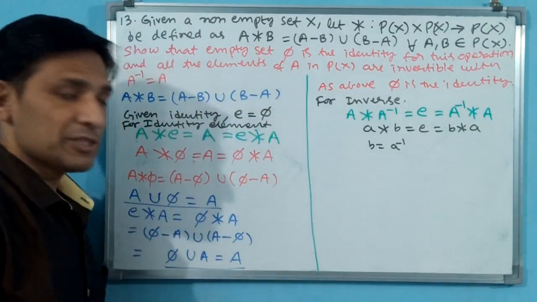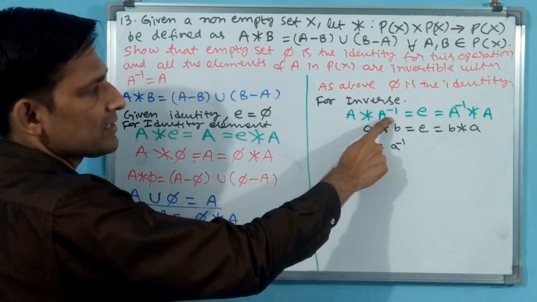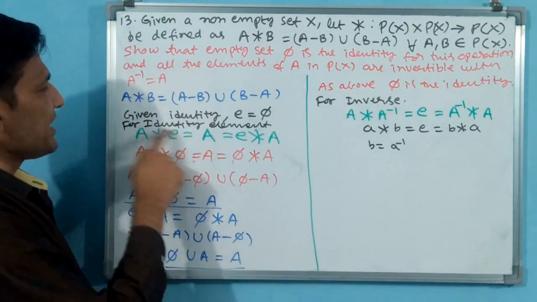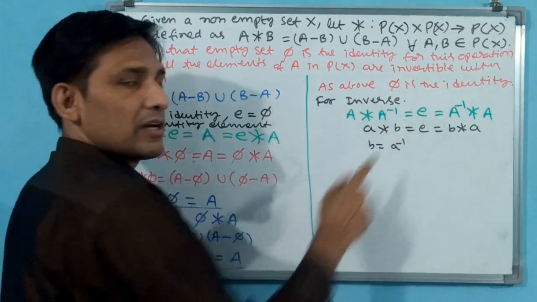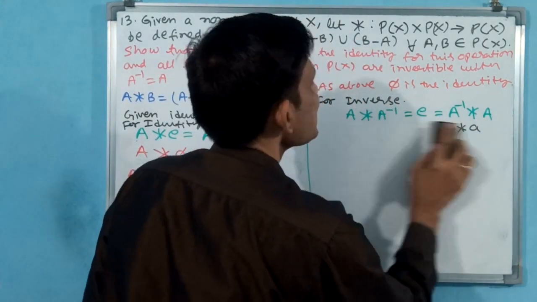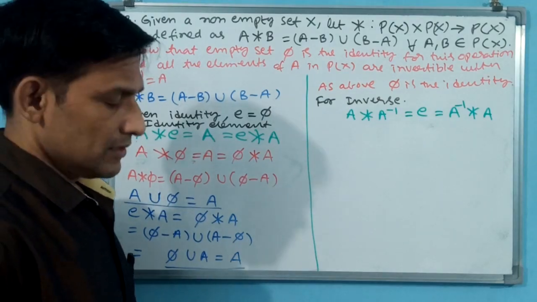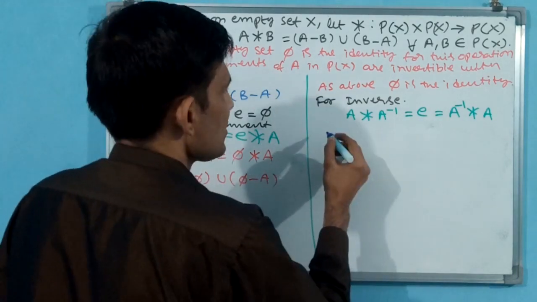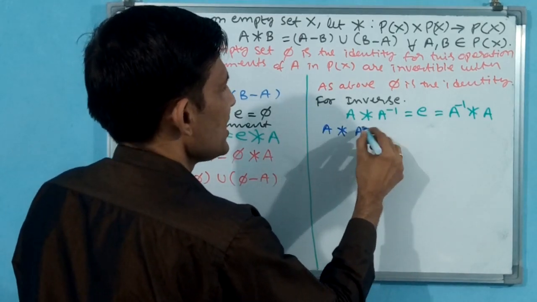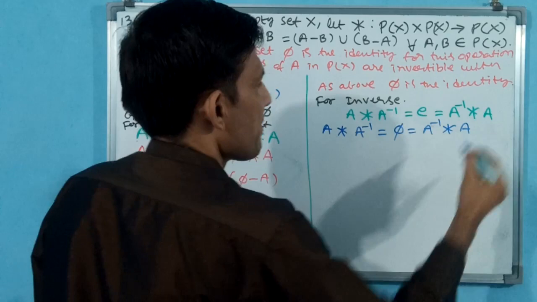Is it correct? The statement again we have to modify. First you see, compare this one. A is A, B is A inverse. E is E only. Why? Because see, here for identity A will come, for inverse E will come in the center: A inverse star A. Okay, now we go further. Now let us take A star A inverse is equal to E. Again you write like this: A star A inverse is equal to E, means here 5, that is equal to A inverse star A.